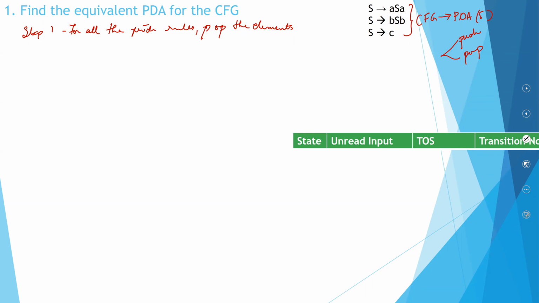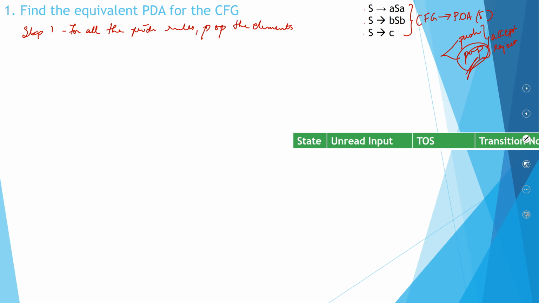Now, it is based upon these operations that you decide whether to accept the string or reject the string. When you write an equivalent PDA, you will be only writing about the popping stuff. Okay, so let's see how to do it. Now look here, how many production rules do you have? You have 3 production rules. Now, when you have 3 production rules, you will have to write 3 equivalent transition functions.